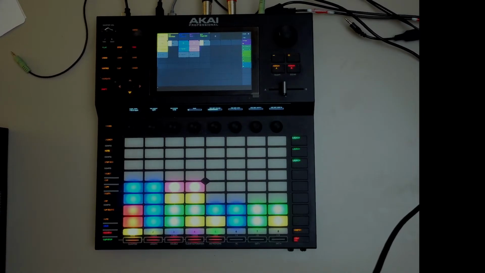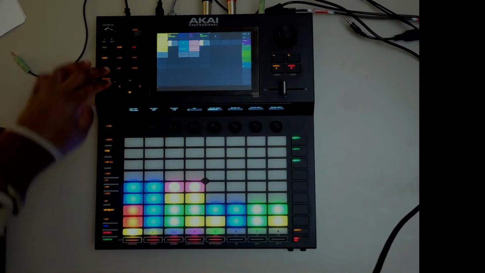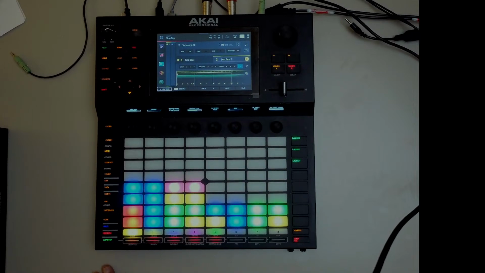So basically, that's about the gist of it, really. Otherwise, I'd have to go and find a reference point for me to actually get my head around the idea of jazz.